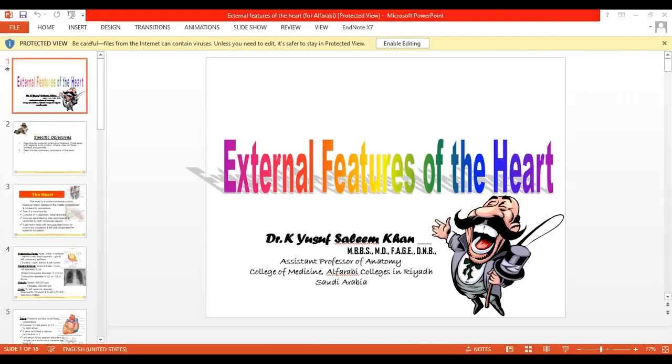So the ventricles are separated by the interventricular septum, and the atria are separated by the interatrial septum. The deoxygenated blood, that is the impure blood coming from all parts of the body, goes from there to the lungs, and the purified oxygenated blood comes to the left atrium, and from there to the left ventricle. So the right side of the heart deals with the deoxygenated or impure blood, and the left side of the heart deals with the oxygenated or pure blood.